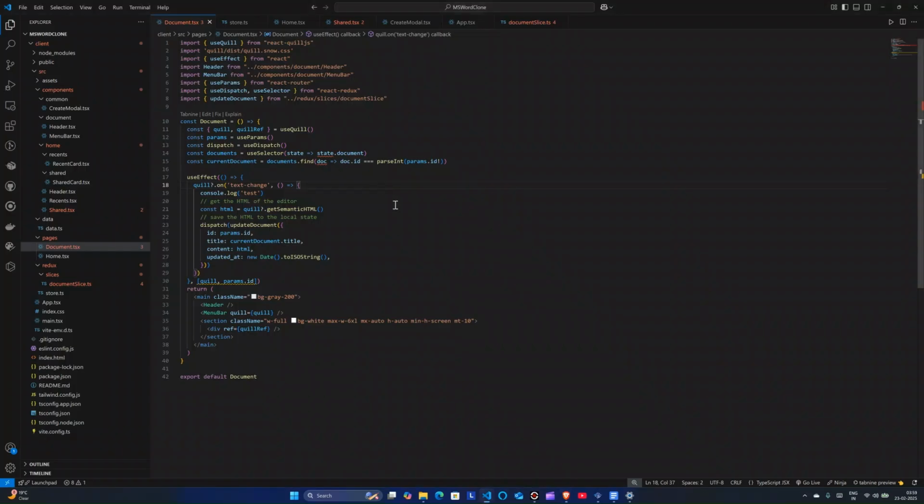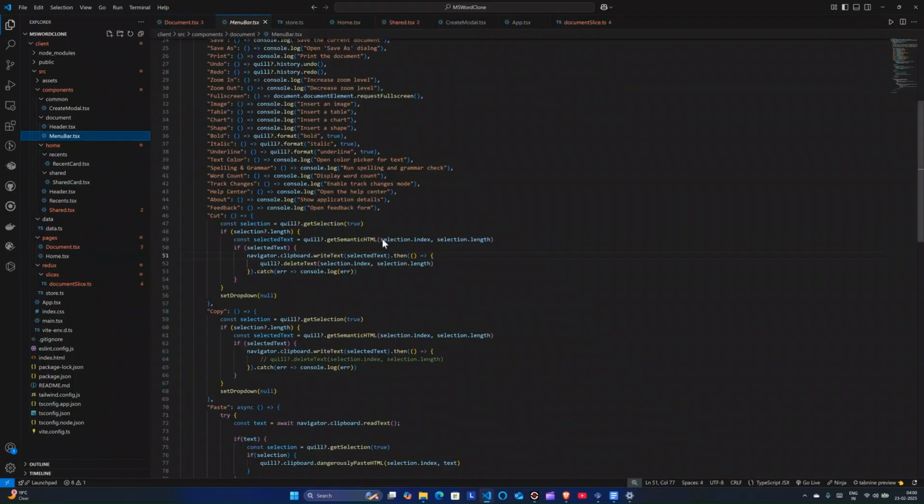No, this is not running on the first render, and it will only add this. So we need to set a value to quill actually now. We need to set a value to the quill, and for that what I will do is that I will go to the menu bar, and here